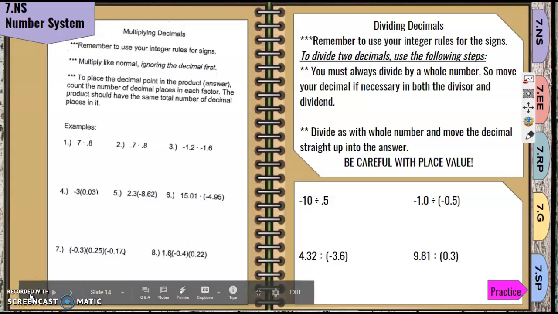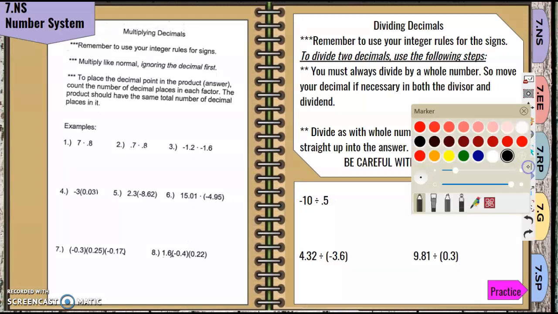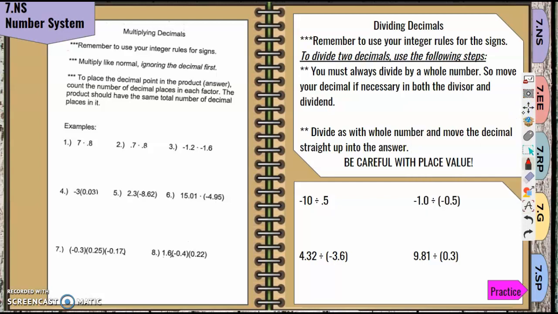All right, when you're multiplying decimals, remember to use your integer rules for the sign. So our integer rules, we use that triangle method. And I'm just going to draw this over here to the side. Remember, if your signs are the same when you're multiplying and dividing, your answer is positive. If your signs are different, then the answer is negative. So if you want to jot that down somewhere on your paper to help you remember those rules, you can